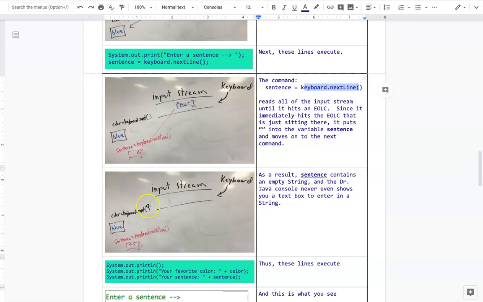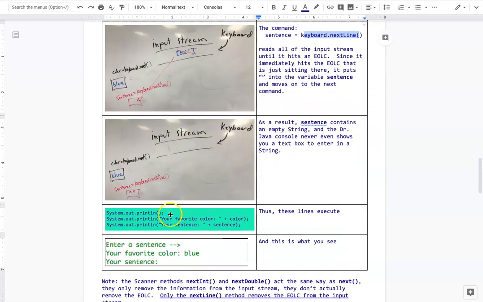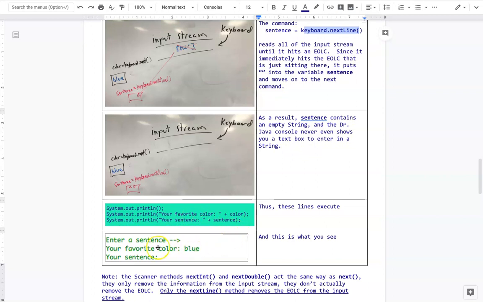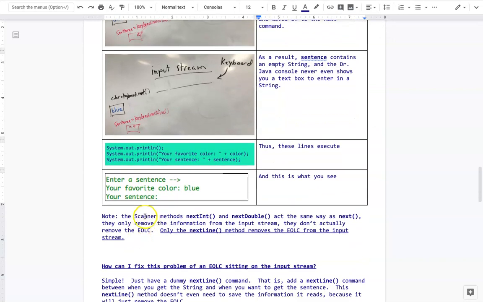So as a result, sentence contains an empty string, and the Dr. Java console never even shows you a text box, which is exactly what we just experienced. And so then these lines execute, and we see no text box appeared. It prints out blue, and then our sentence is totally empty. So the scanner method